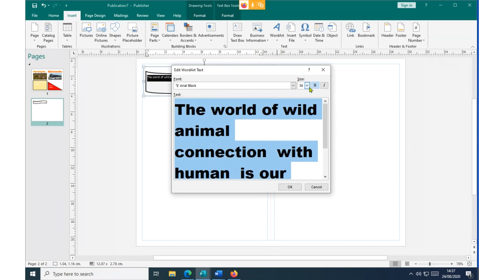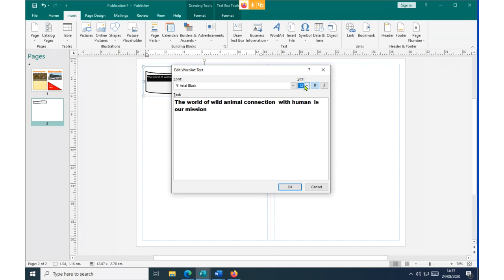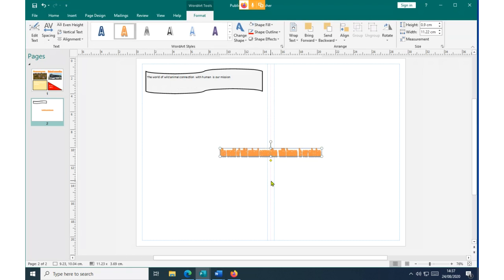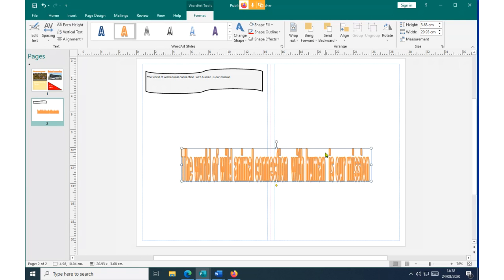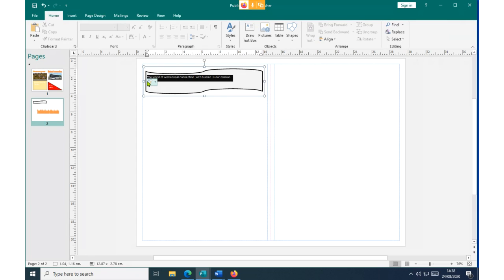Then we reduce the size maybe to 10 or 8 and see whether it is going to be visible. It's too big, too small. Since the word art is too big, we can decide not to use it, because it will not bring out the communication clearly. Then I decide to use the text the way it is inside here. Then I go back to content, select the content, and go back to the font type.